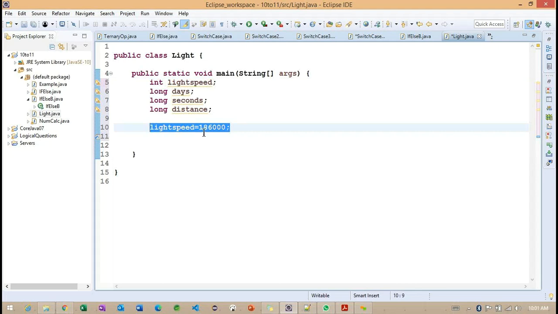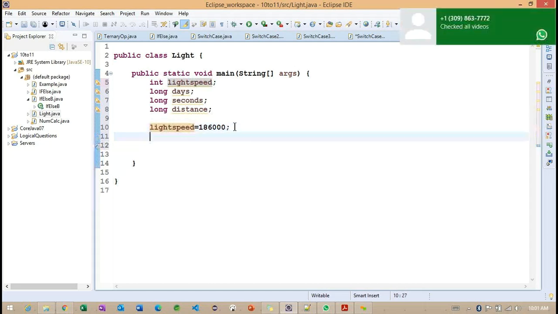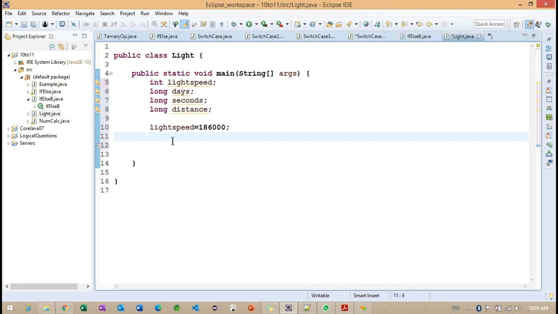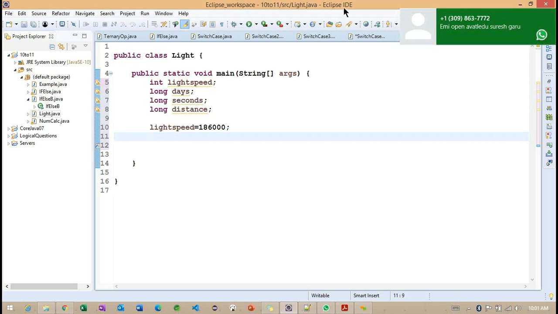What value do we initialize? 1,86,000. We initialize this value to lightspeed, getting the point. And here we are going to work with the remaining data types. What are the remaining data types we have?